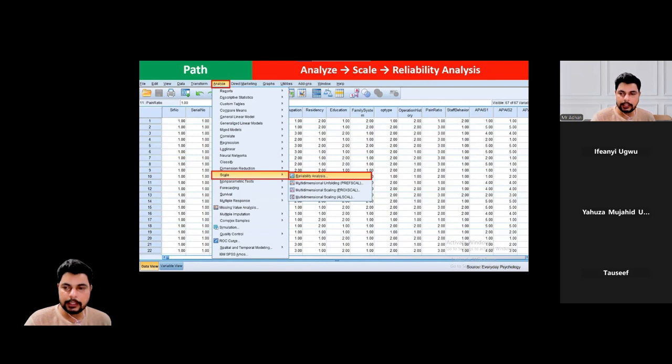Basically, when I share the slides with you in the group, you can save them. This is for students or researchers who are not familiar with this platform: just follow this pathway